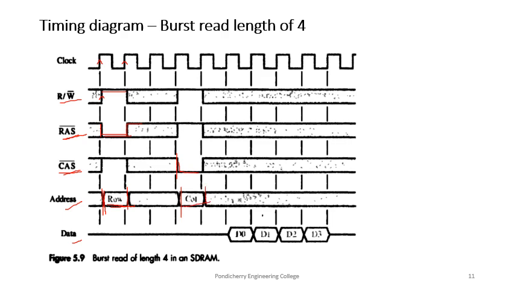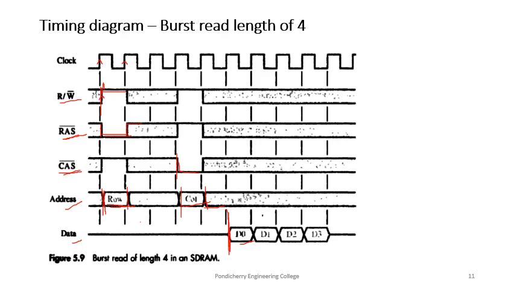Okay, after 1 cycle delay you can see the data is placed. Once the column address is applied, it will take another 1 cycle delay to get the data moved to this output data line, right? And this is taking so much delay. You can see from the time instant the read write signal is activated here, we have 1 2 3 4 5 cycles. Okay, 5 cycles after activating your read write signal here, we are getting the first byte of data available on the data bus.